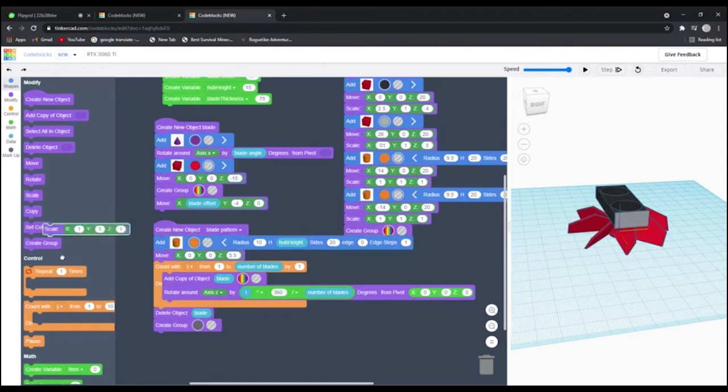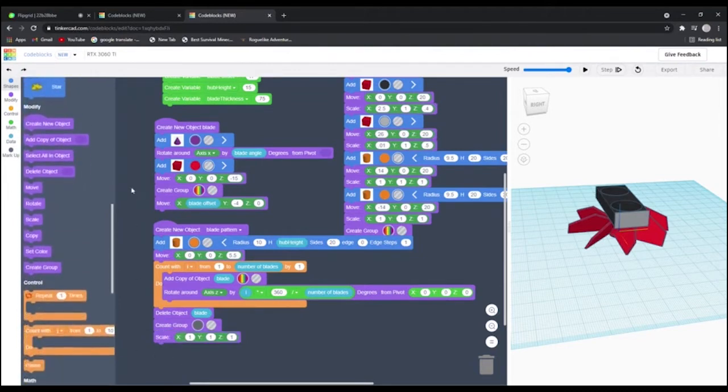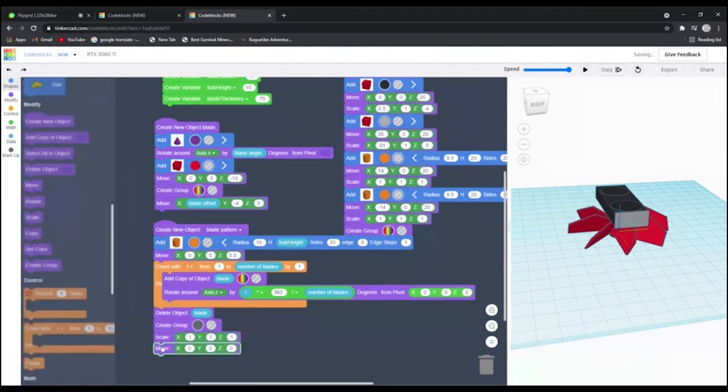And then what you want to do is get a scale command and a move command. And using these two scale and move commands, what you're going to do is